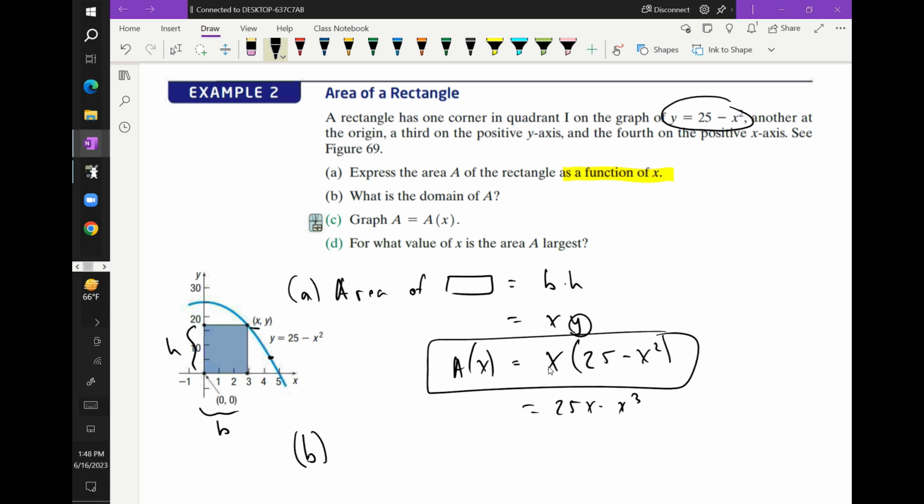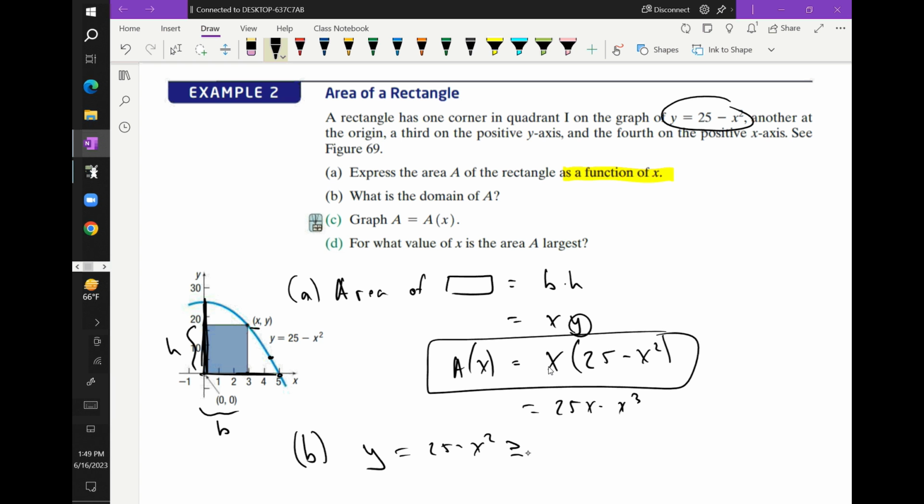So in our domain here, let's see what we end up with. What we have is the area of this rectangle. The area has to be at least positive, maybe could be 0. So if it's 0, that means that either we had a height of 0, or a width of 0, meaning that we were right here. So our x was 0, or out over here, our x was 5. That way our height is 0. So since we have that scenario, we're going to say it's between 0 and 5, and we could have also said that y equals